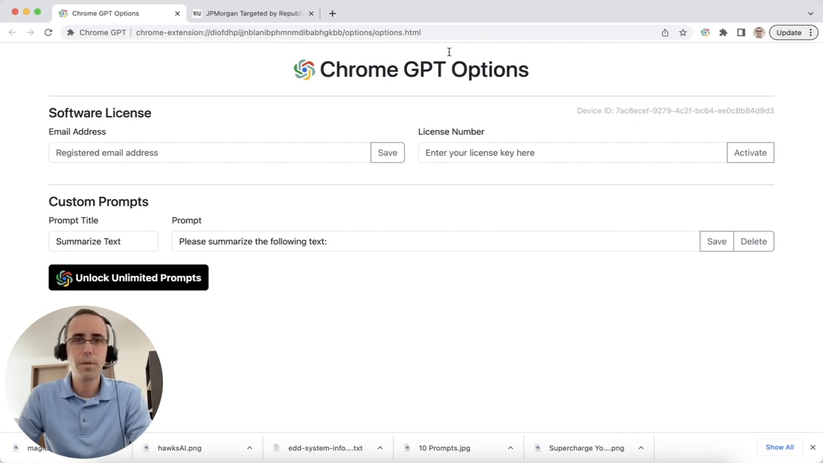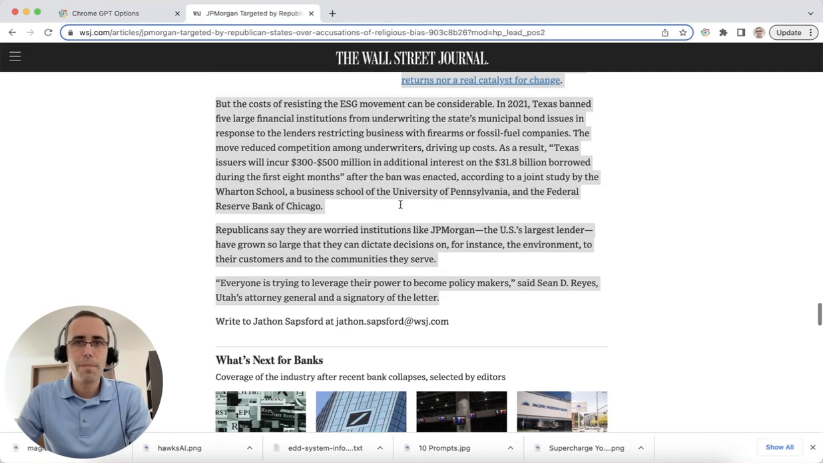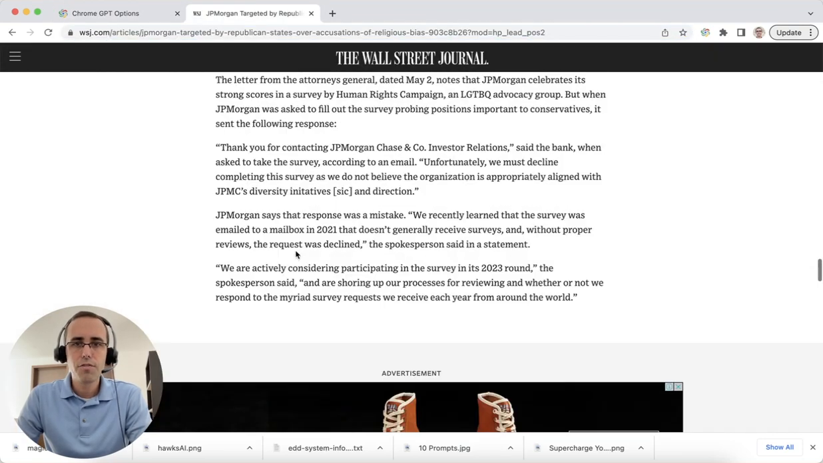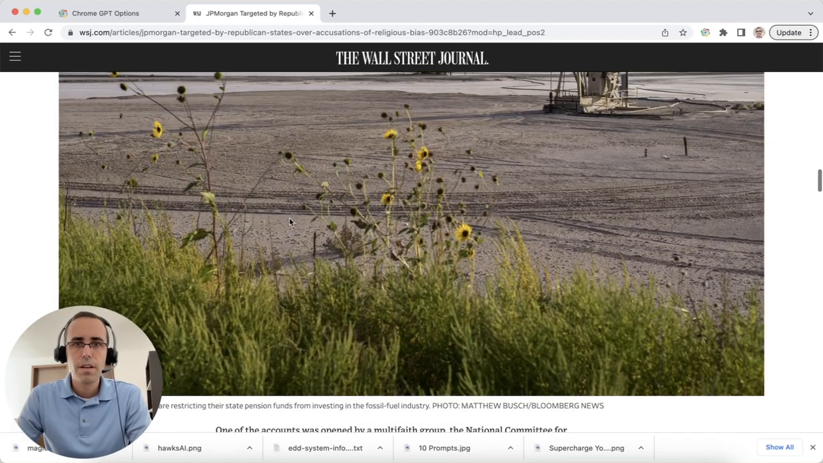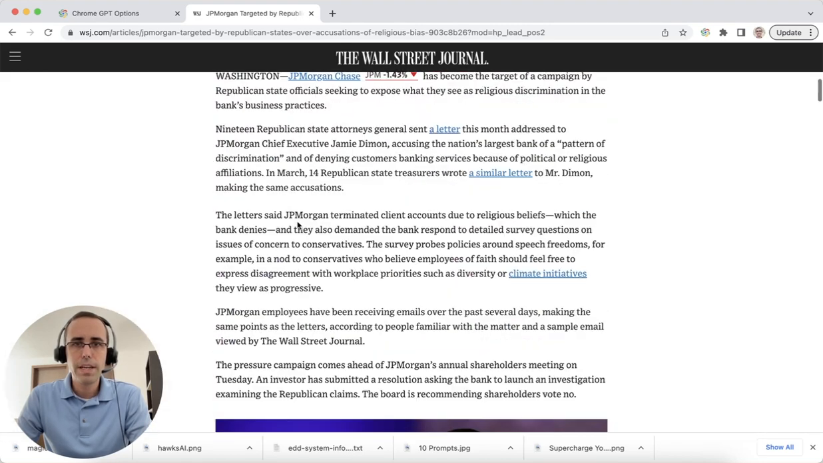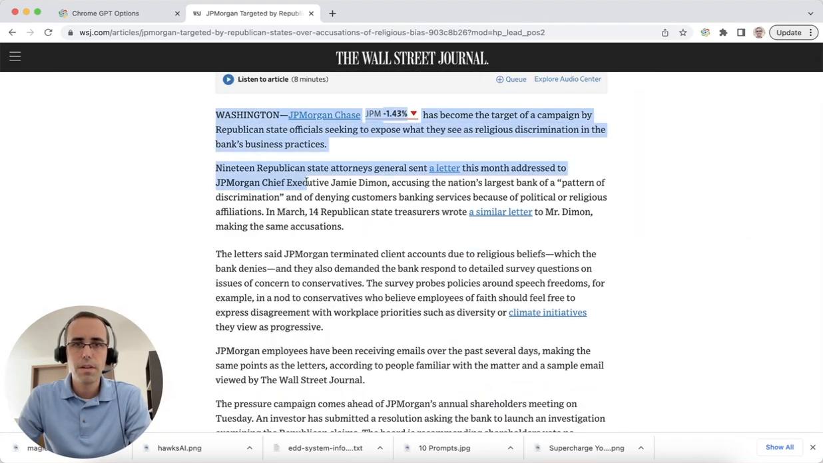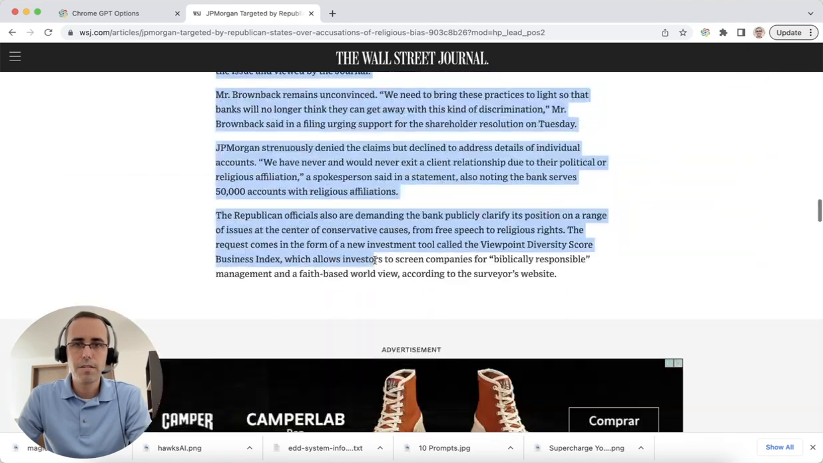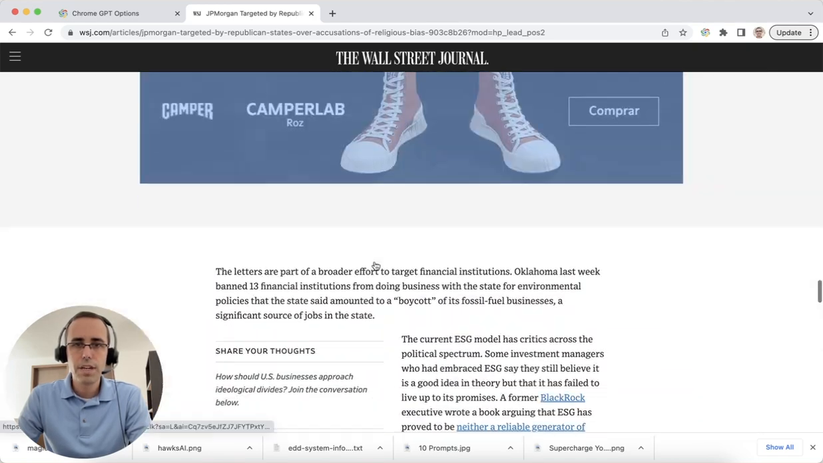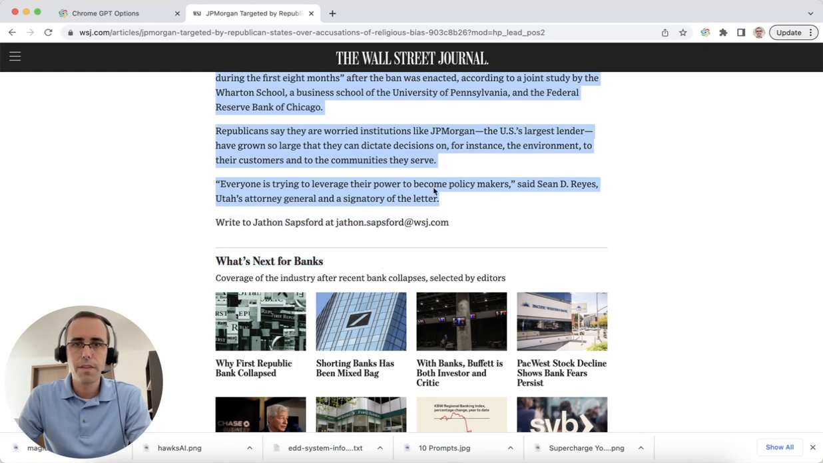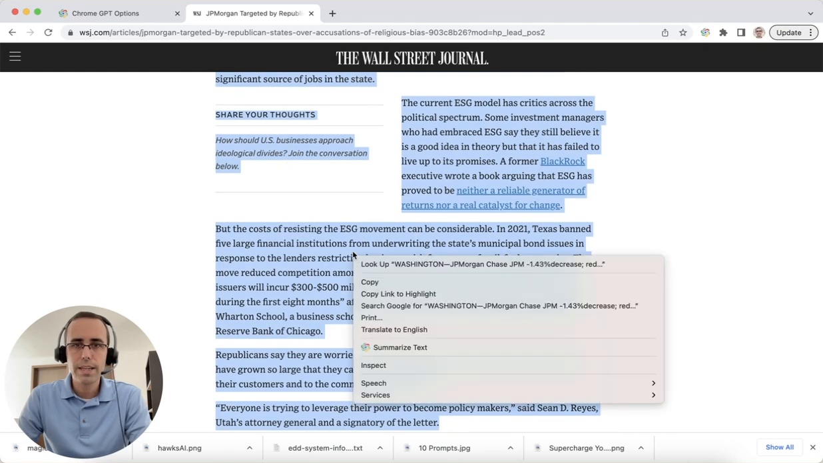So let's see how that works. I'm going to open up another tab here. I have a story from the Wall Street Journal, just as an example. I'm going to go to the beginning of the article, select the entire article, and scroll down to the bottom. Now I've got all that text selected. I'm going to right click, and now you'll notice that we have an option here that says Summarize Text. So if we click on that,